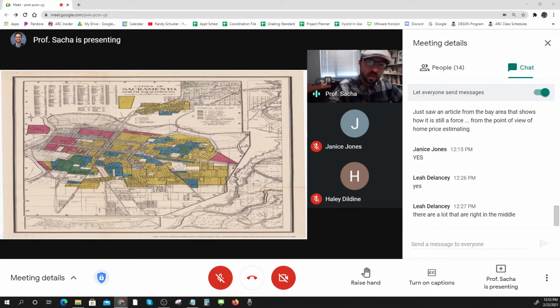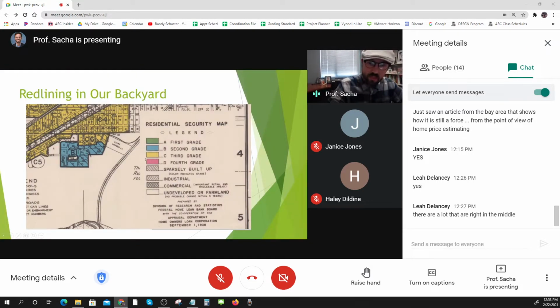Basically, any part of the town during the 1930s, when this assessment was made by local realtors, any part of town that was majority non-white was going to be deemed, quote, high risk, right? Given this D, this fourth grade, as being a high risk mortgage, right? As being something that it would not be a smart move by the federal government fiscally to make, okay?